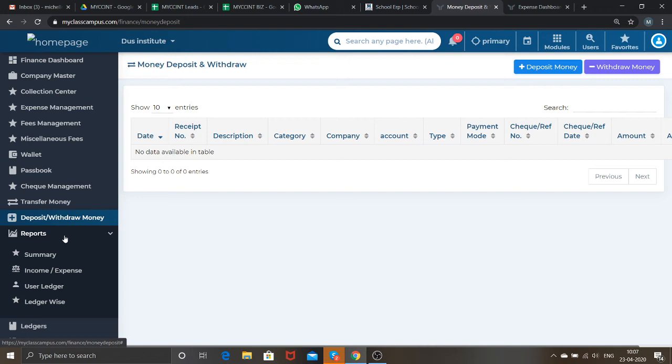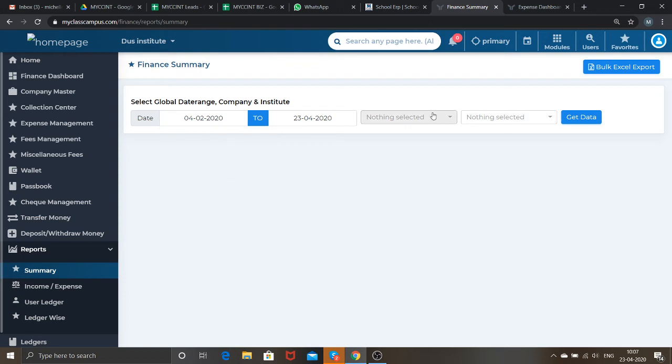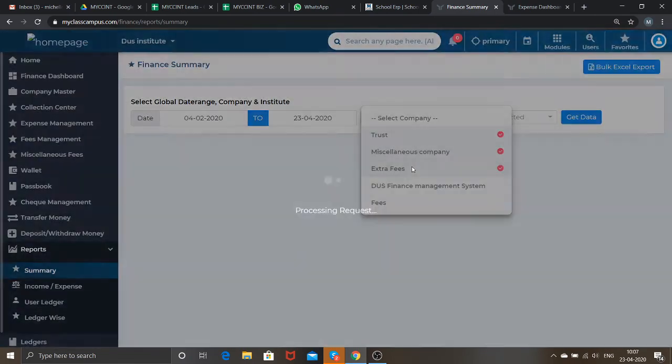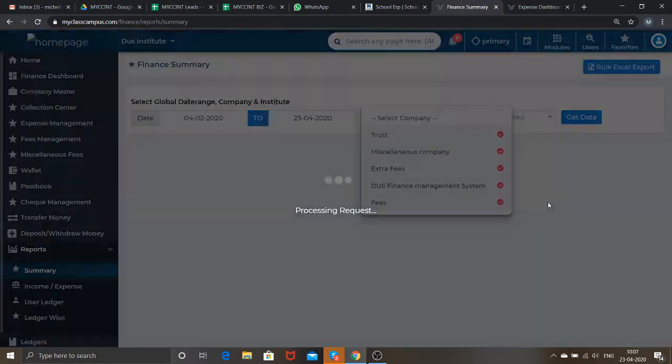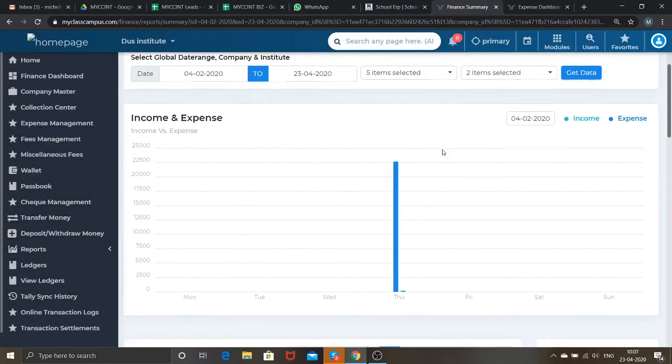Next come the reports, the main reports and how we can use them. First of all, the summary at a glance. Now, just as we had the passbook, in the same way we have the summary of all the things done here, like from 4th of February to the 23rd of April. I select all the companies here so that I get everything in detail. And next, I select all the institutes. Okay, and then I just say get data, and this is the total summary we would get: